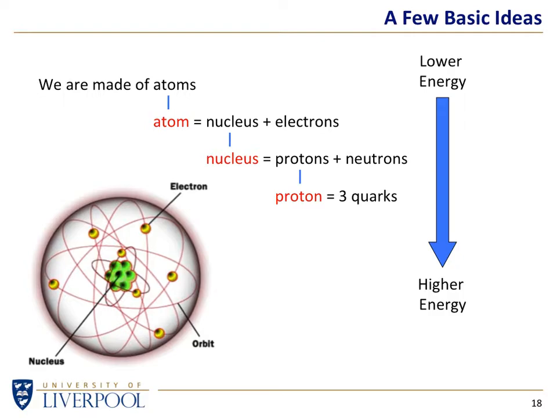But remember what we said about the universe. We believe it started hot and is now cooling down. So the universe is not traveling in the blue arrow direction. The universe started hot and is going cold. So the universe, or time if you like, is running upwards. The universe wasn't built from the top down. The universe was built from the bottom up.